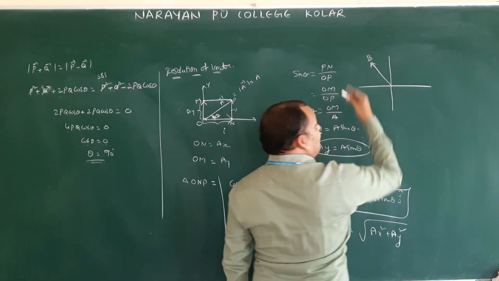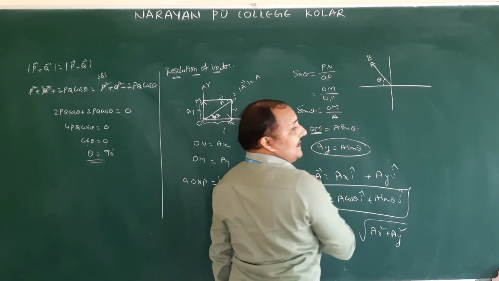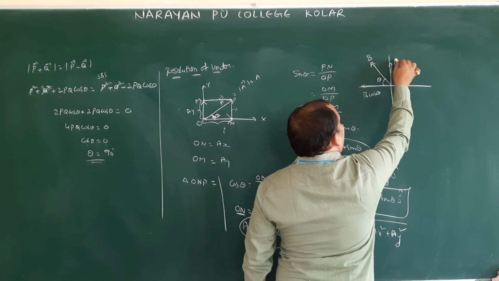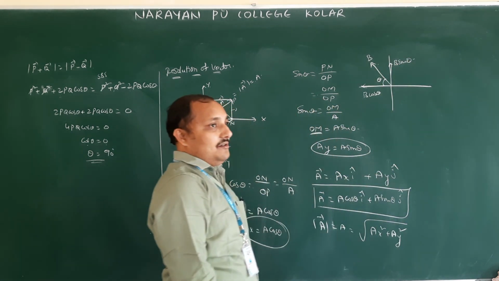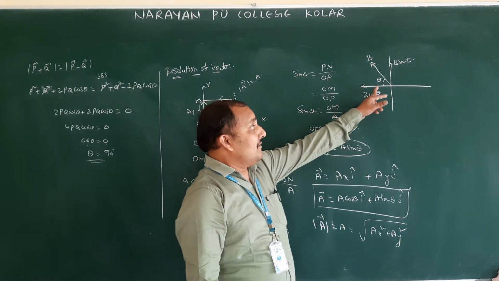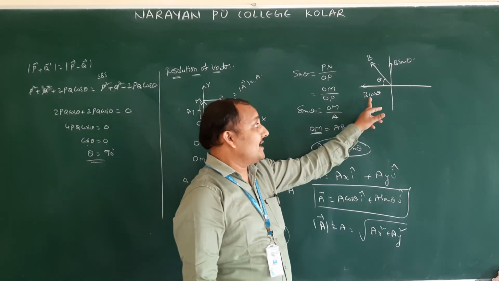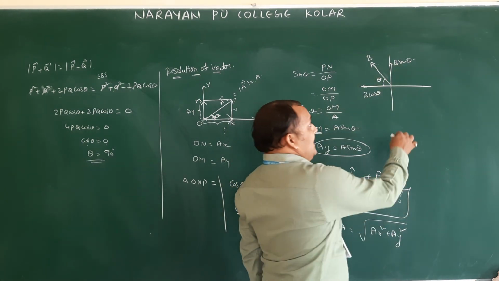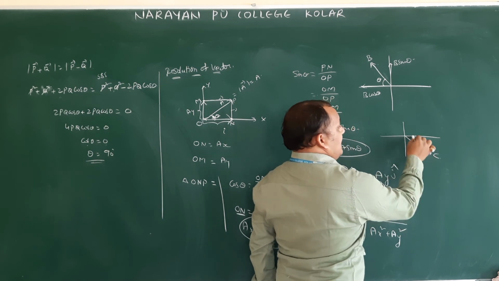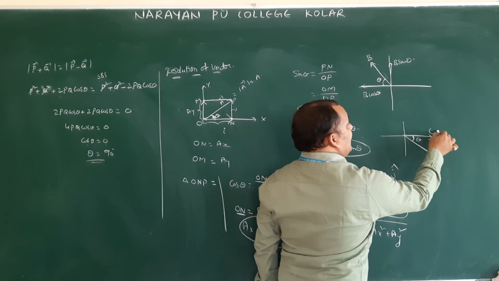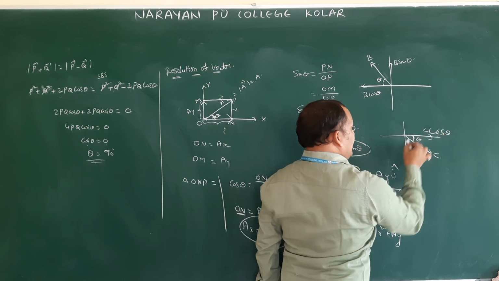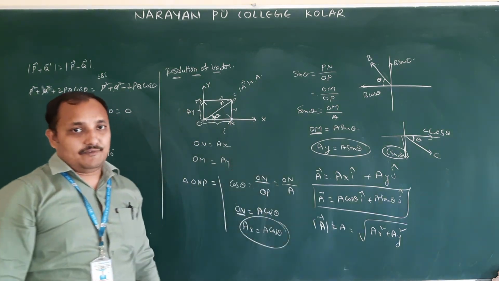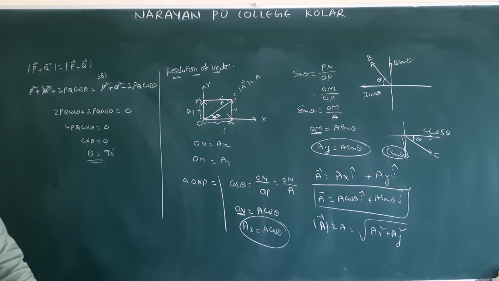So if this is some B vector, at angle theta, then along this direction it will be B cos theta. Along this direction, B sin theta. Very simple one, you can remember. The component which is along the angle theta is always going to become cos theta. The one which is remaining, which is not along theta, is always B sin theta. And then this is C. This is making theta. Then this one is going to become C cos theta. This is going to become C sin theta. Again we will discuss once tomorrow, with that example 26 and this resolution of vector. Okay.